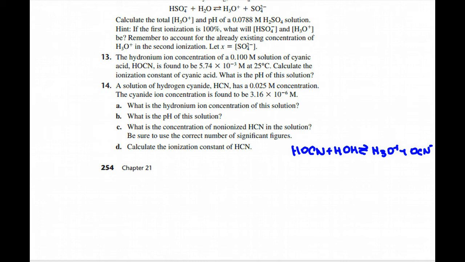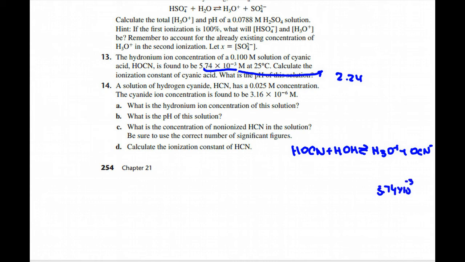So we're figuring this stuff out to be at the equilibrium. So either way, it's the same thing. So the pH, if you know that the hydronium concentration is this right here, we can plug that into the negative log and we should get a pH of 2.24. That's easy. And then the only tricky part is that's the concentration of here, 5.74 times 10 to the negative